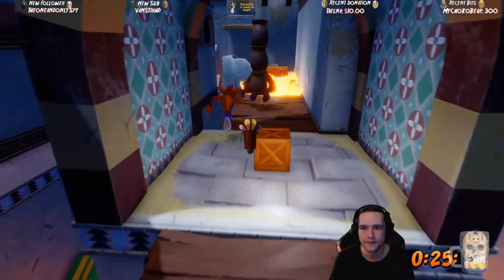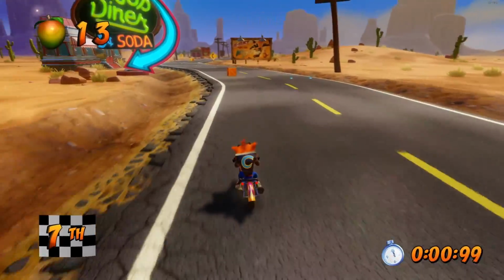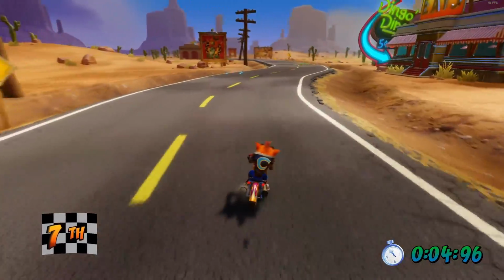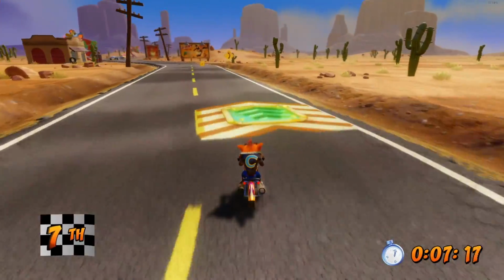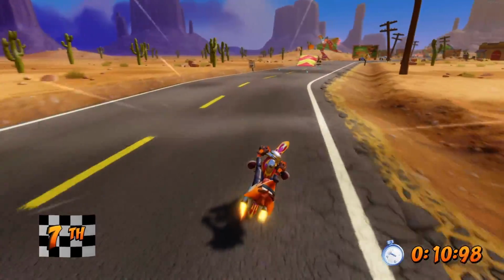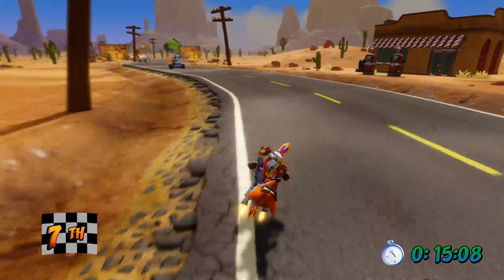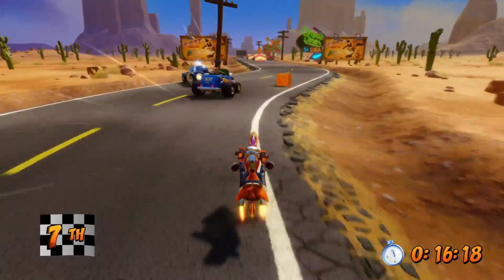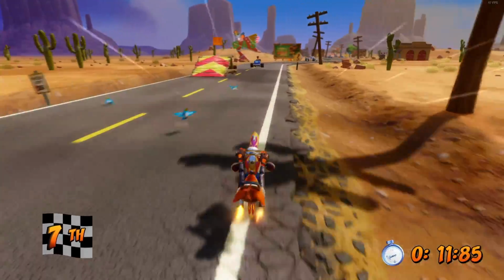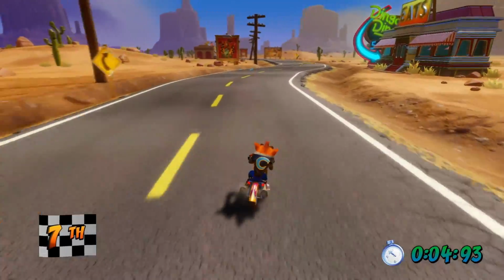Let's talk about the first one that has bad controls, and that is Hog Ride. Hog Ride is probably the easiest bike level you can get into. It's very straightforward in a normal setting, but when you have to go for platinum, it's a totally different story. This level is the hardest of all the bike levels, 100%. The other 2 bike levels are easy as fuck to platinum run. And the main reason why it's so much harder to platinum run this one compared to the other two, which should be harder levels to platinum run, is that at the very start,